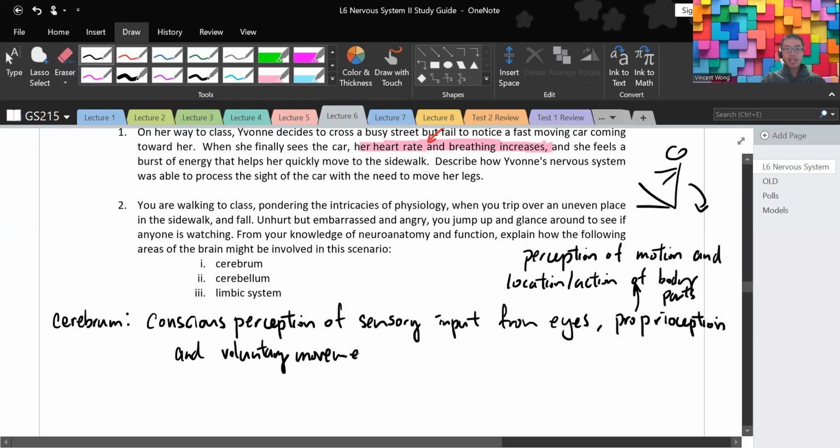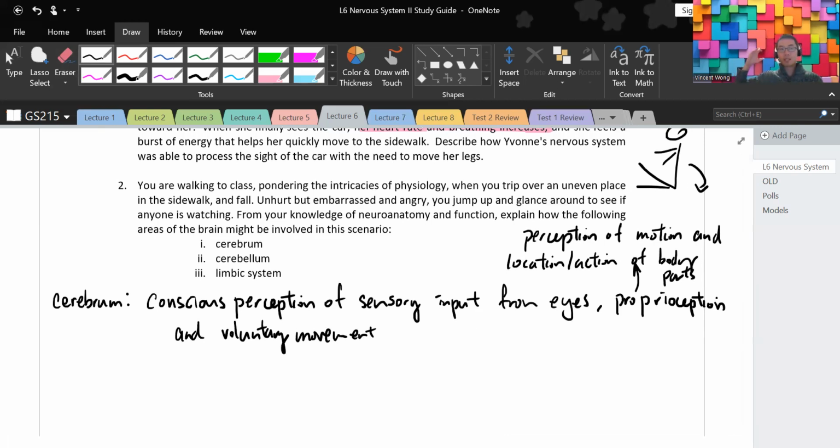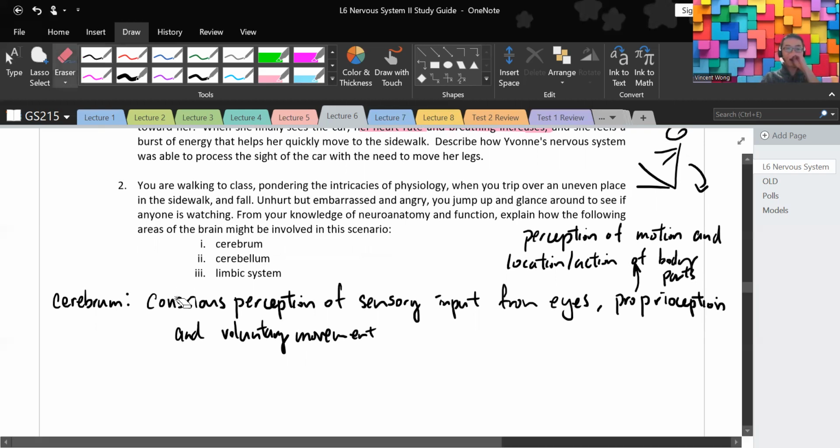Okay, so all these things are necessary when you are just walking. You have to look at the roads that you're walking on, right? You have to know, for example, to inhibit your right leg when you move your left leg. All that automatic stuff happens in the cerebellum. Now, when you have the misstep, what happens is there are various